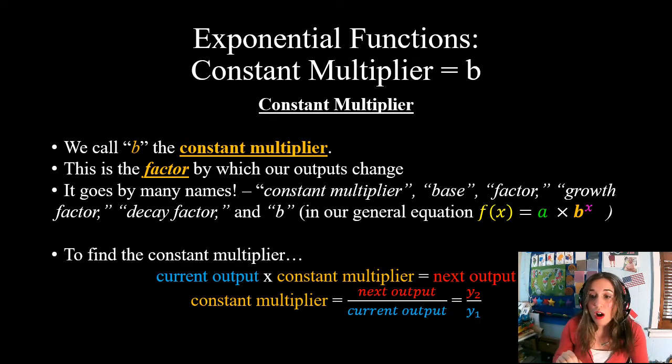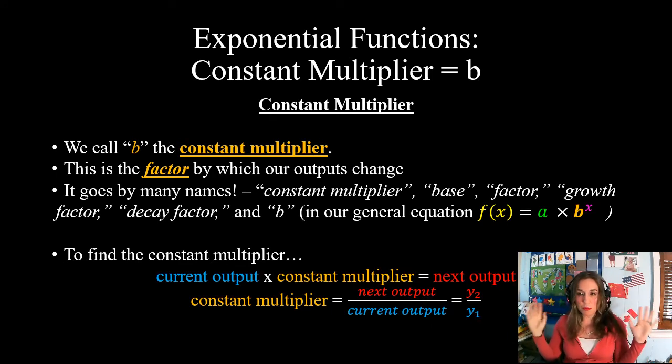If you are looking at, again, let's pretend we're looking at some table of values, right? We have our inputs and our outputs. To go from one output to the next, we're multiplying by that constant multiplier, right? So let's say our constant multiplier is 2. Well, then to go from one output to the next, we would double. We'd multiply by 2. So if our input is 4, then we would multiply by 2 to get 8 for